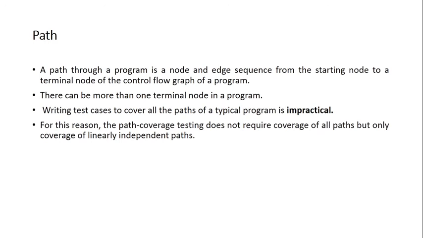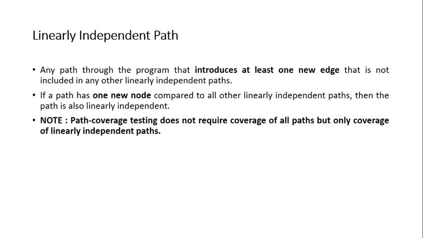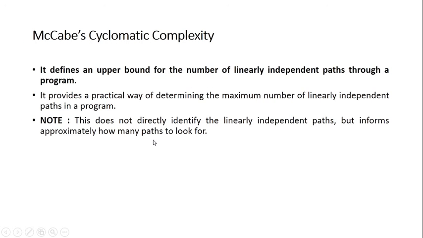That is practically impossible. That is why I said we consider linear independent paths. A linear independent path introduces at least one new edge or node in the path. So path coverage testing does not require coverage of all the paths, but only coverage of linear independent paths. Now, if I am supposed to tell the number of linear independent paths in a control flow graph, it